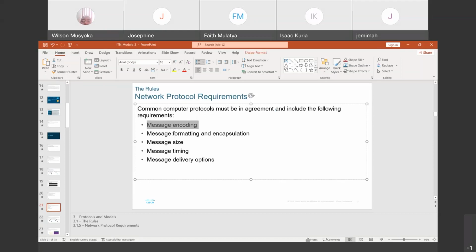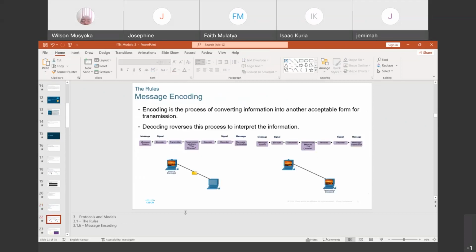Then message formatting and encapsulation has to be there, like we have seen the different items that are added into the message as it is being encapsulated from one level to the other. Then the message size, the message timing, and the delivery options have to be there in any protocol. So the message has to be encoded, it has to be transmitted, the medium or channel it is going to use is also specified, and so on.